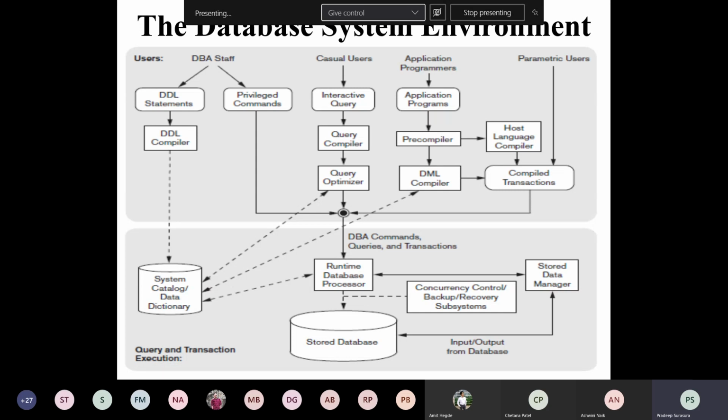Remember, in databases and C language, there is a huge difference. Huge difference because in databases, I don't have variables. Okay, in databases, I have attributes. I have entities, attributes. In C language, I have variables.